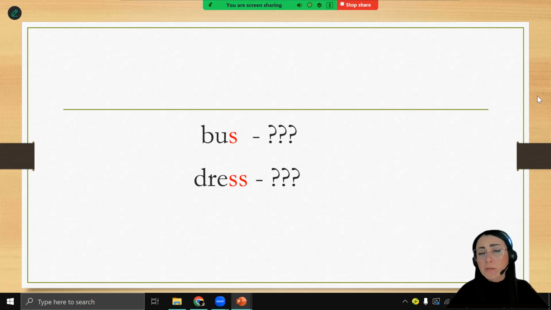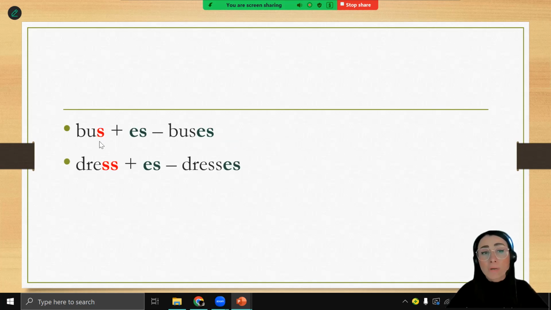What happens when the word already ends with s or with double s? Shall we put a third s here? No way. What shall we do in this case? If the word finishes with s, we add the es ending. For example, bus, buses. The same happens with double s. Dress,